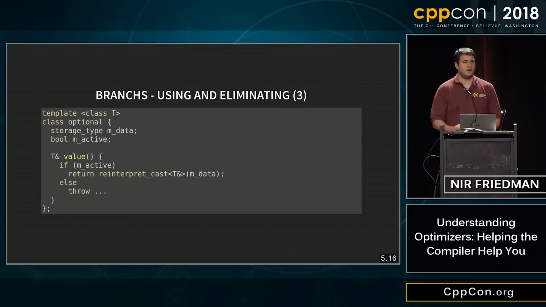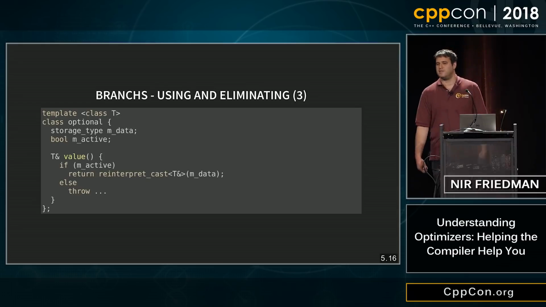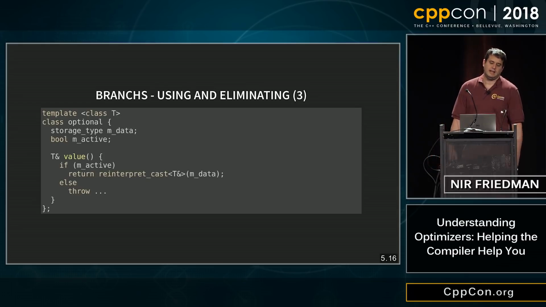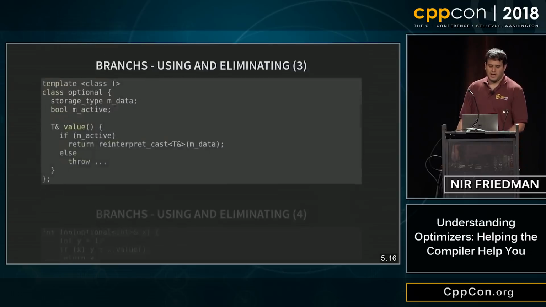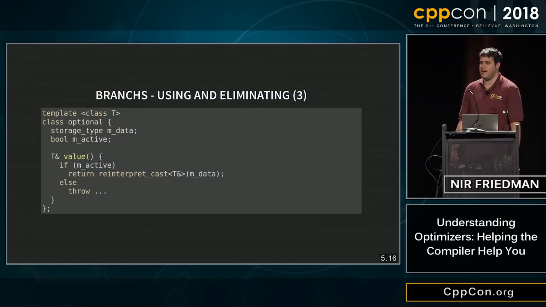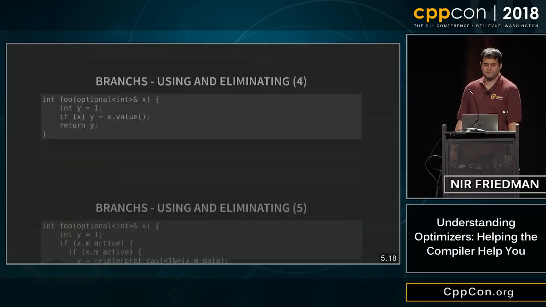Well, with our new and improved mental model of the compiler, even though it's hilariously simple, we can still explain this really easily, okay? Here's a very simple optional, probably wrong, because my reinterpret cast is probably somehow UB, I don't know. So this is the idea, right? If active, return some cast of the storage, otherwise throw, right? And there's a valid. I didn't even write it, but you guys can imagine what valid looks like, or the bool.